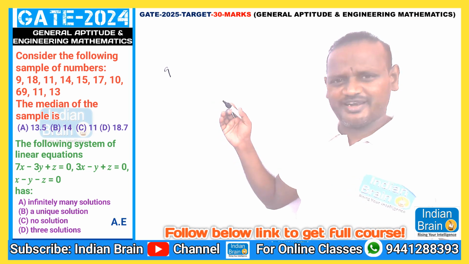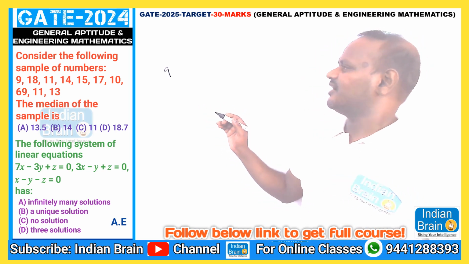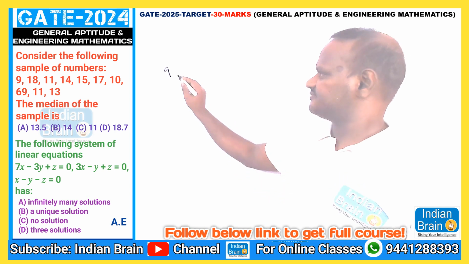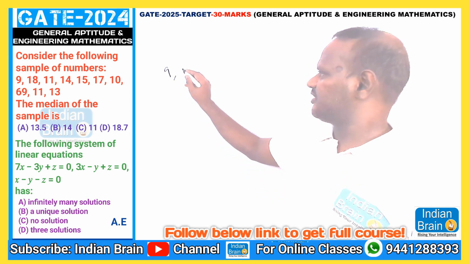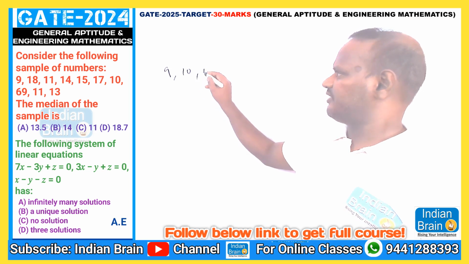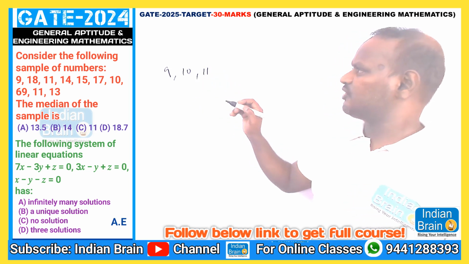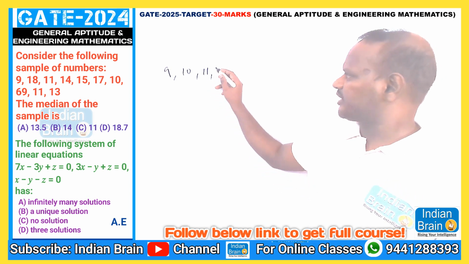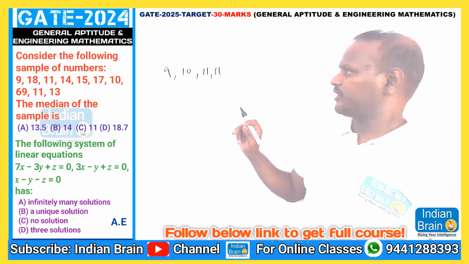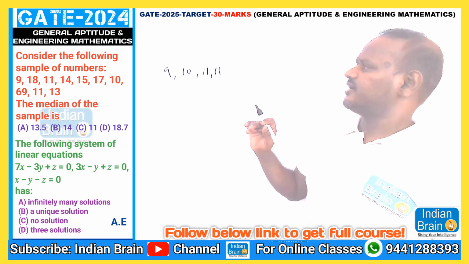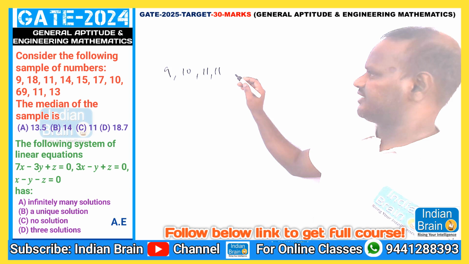After 9 we'll have 10, of course, very simple question, don't confuse me. After 10, the next number will be 11. Of course 11 should be there, after that 13. But 11 occurs 2 times, right? That's why you write 11 two times. Of course 2 times 11 is there. Next, after 11 we go for 13.